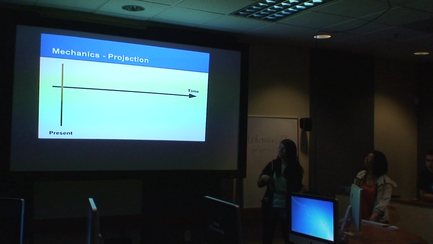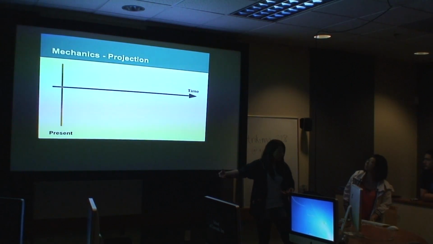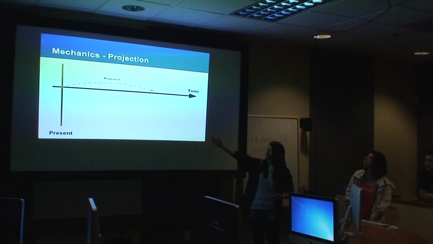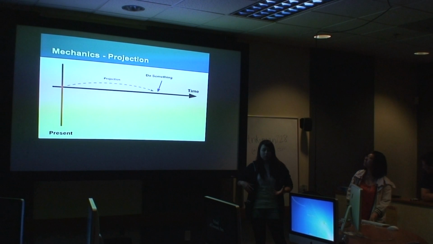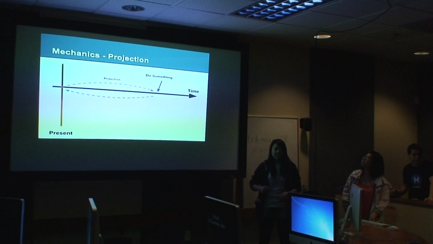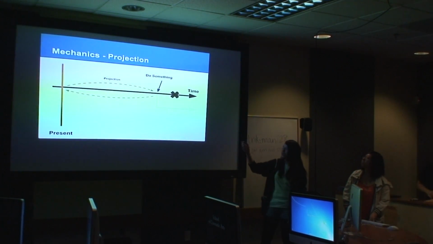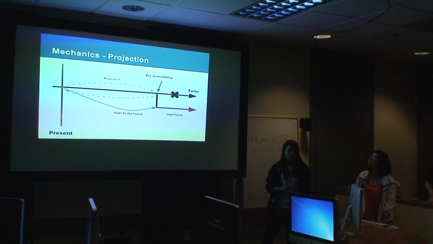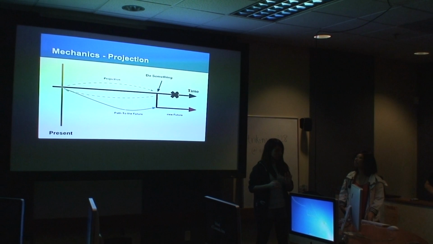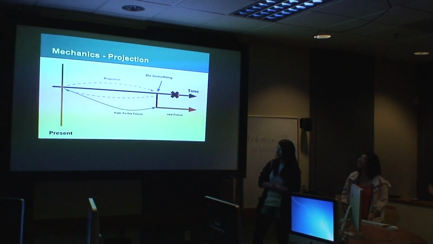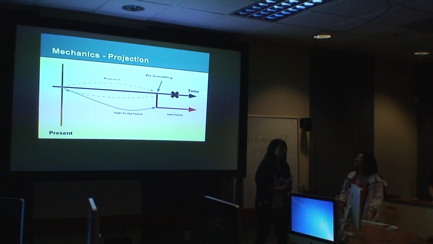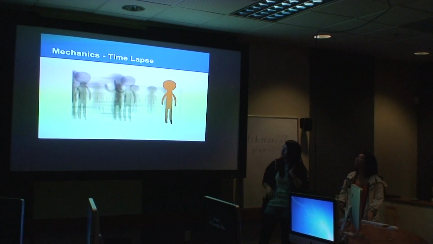How it works is you start from where you are in the present, and say there's a moment in the future where you need to get something done. So you project yourself into the future, and you change something. Say you push someone off of a bike because you don't like them, and you come back to the present, and as the timeline moves along, you come back to that point and you'll see that happen, but you yourself do not have to do it because you've set it in stone, if that's a little confusing. The idea is that you're kind of keyframing what you're doing in the future so that it's always set, but you yourself don't have to do it.